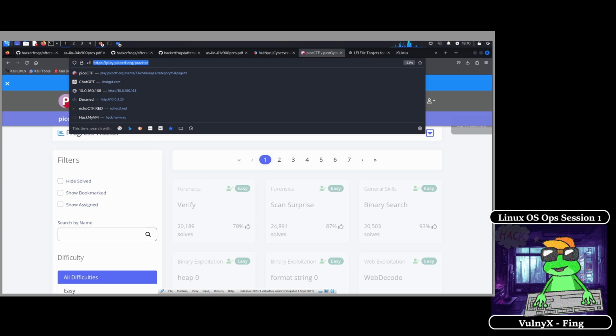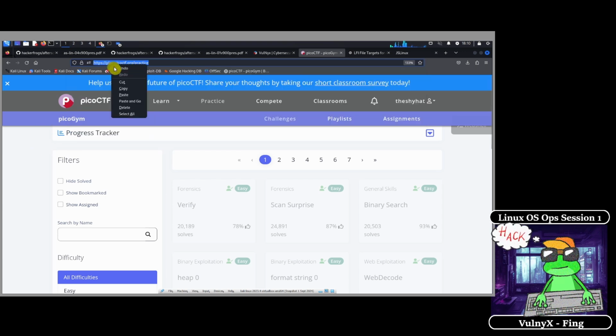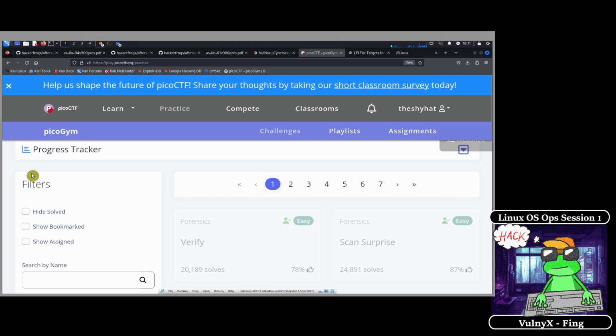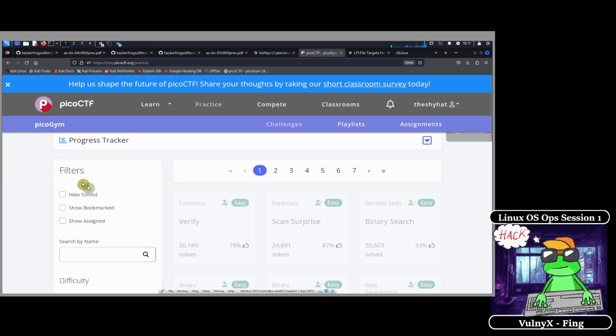Okay. And we all want to go to the practice page after we've logged in. So the practice page is located right here. All right, so everybody, if you are logged into your picoCTF account and you're on the practice page, just like over here, please type in the chat, "I'm ready to practice," and then a smiley face.